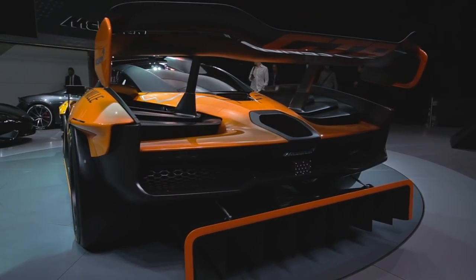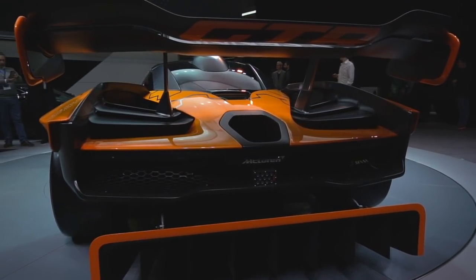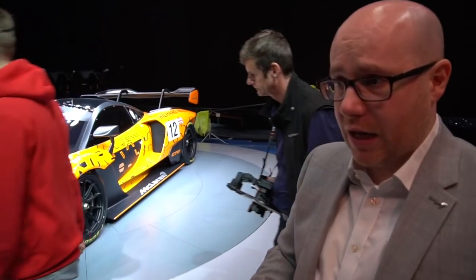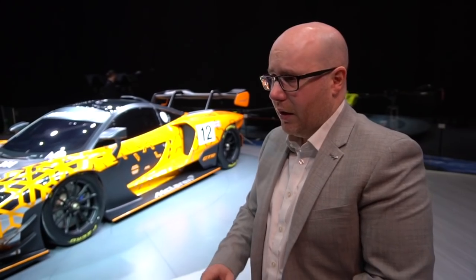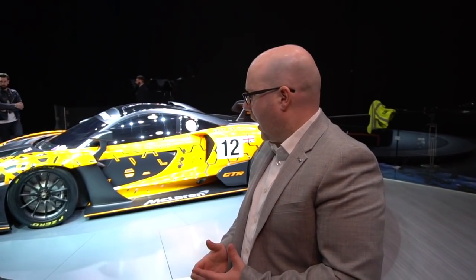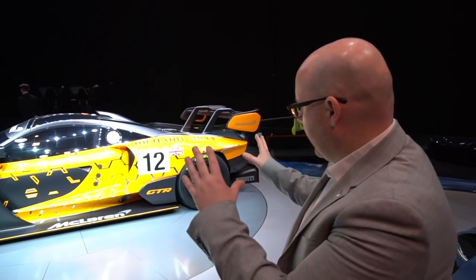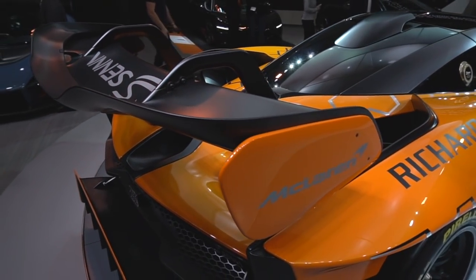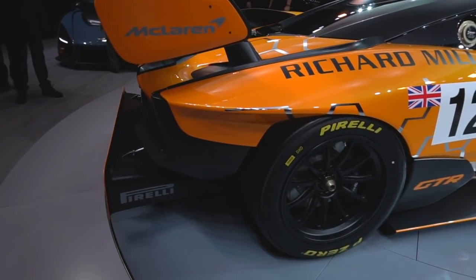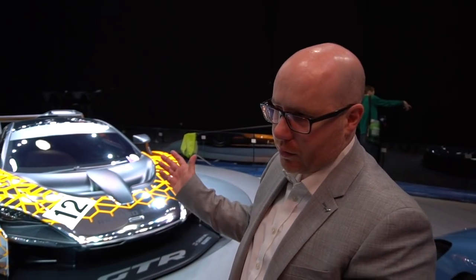Any series race car that comes up against this will lose, because they have to work to a set of regulations. They're restricted on power. They're ballasted to be the same weight, and they can't necessarily fit all these different dimensions that we've got. It'll use the same base 4-litre V8 as the Senna, twin turbo. So it will be upwards of 825 PS. We're not declaring torque at the moment,